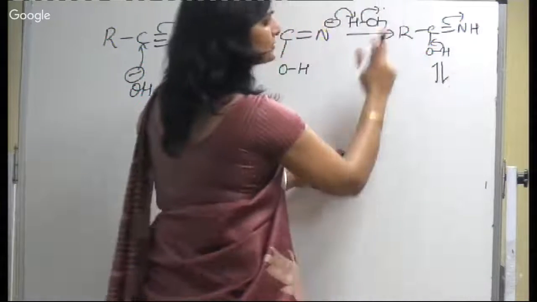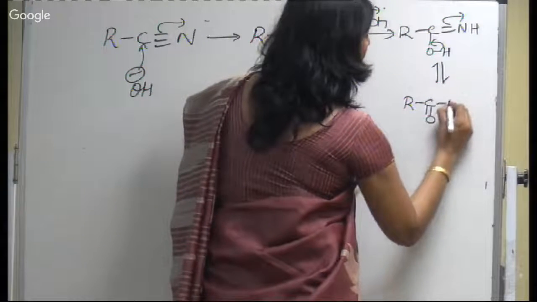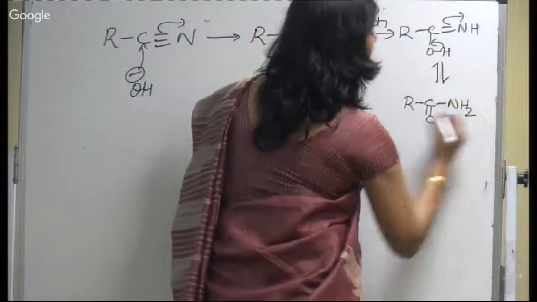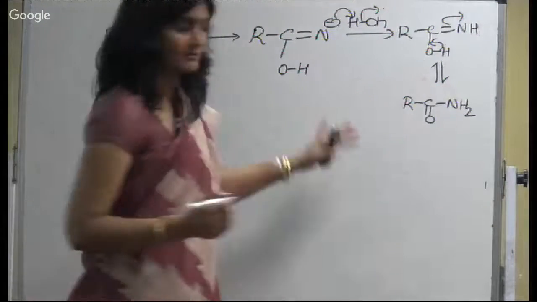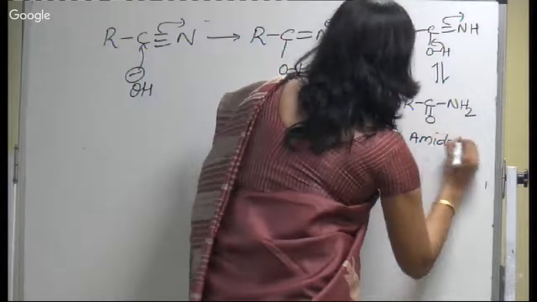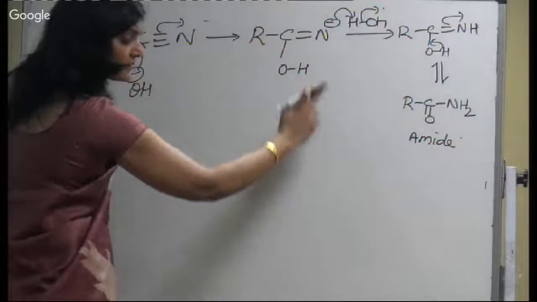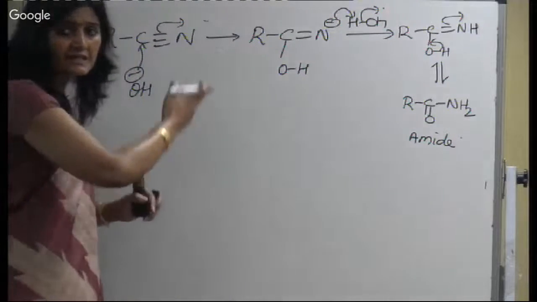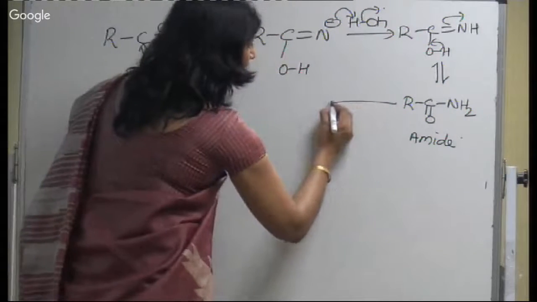and then this will tautomerize very quickly to form the corresponding amide. In the next step, what will happen? The same kind of reaction. Now for the amide, you should be able to understand how the reaction takes place because we have depicted the general mechanism, right? So this on further hydrolysis,